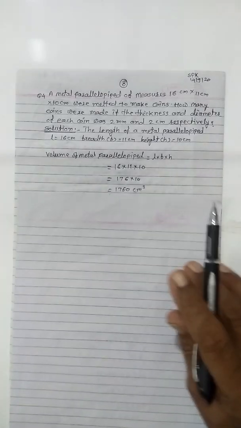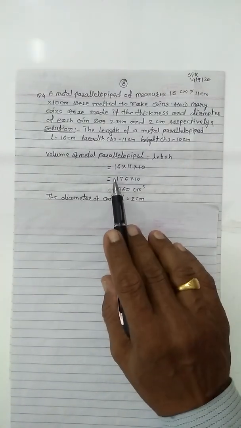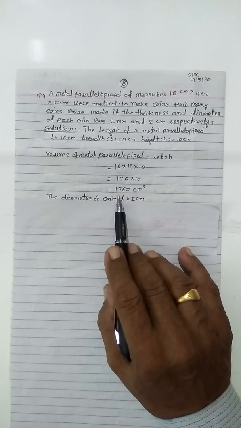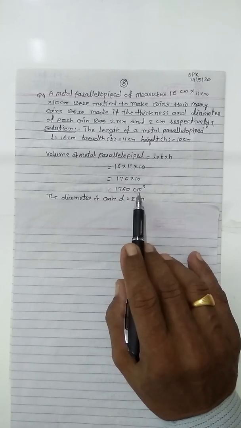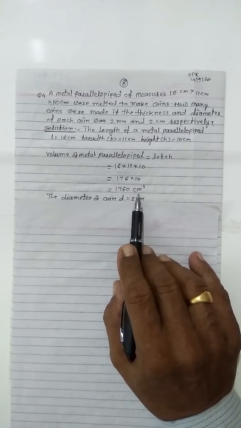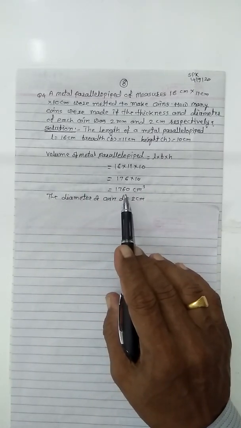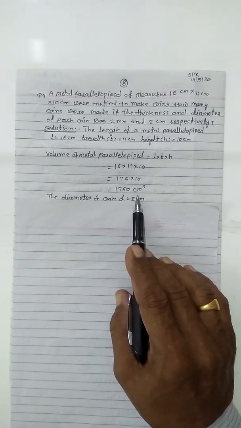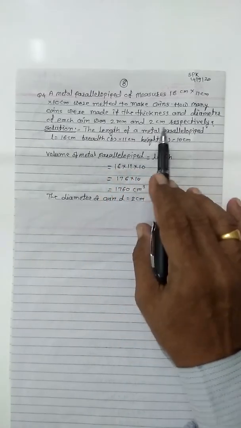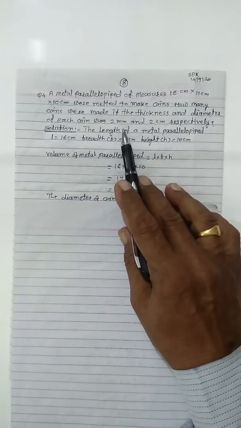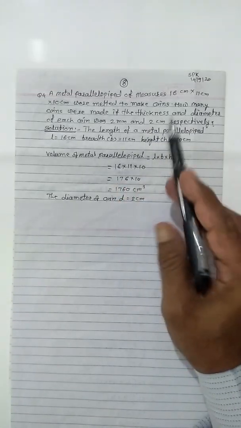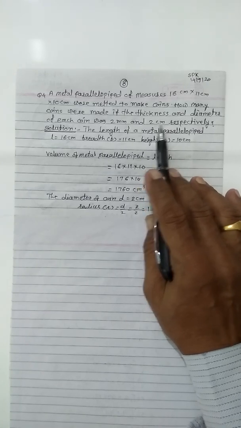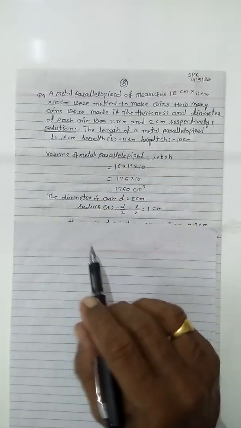So firstly find out the volume of the parallelepiped, that is 16 into 11 into 10, we get 176 into 10, that is 1760 centimeter cube. See, the volume of parallelepiped is taken in the unit centimeter. Then we must convert this unit of the coin, 2 millimeter, into centimeter. This is the diameter, so radius is already in centimeter. First you must convert this millimeter.